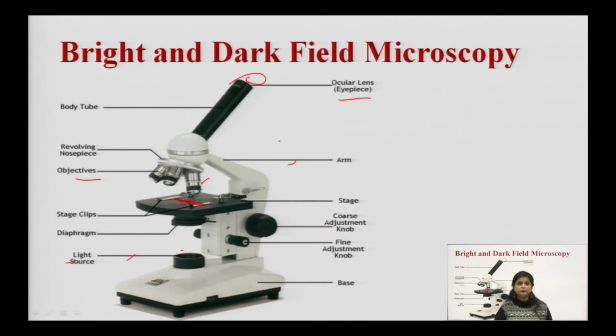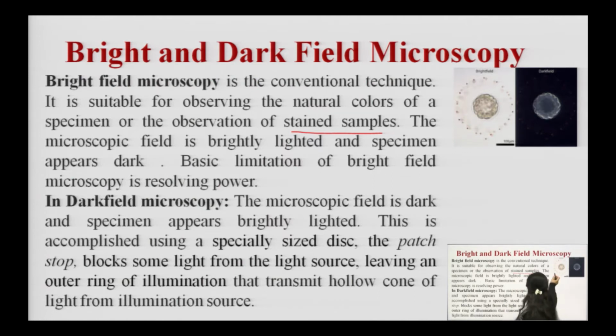So for bright field, as you can see in this image, this is a bright field image in which, if the structure is colored, then we can see the structure. If the structure is colorless, then the image will not be created within the slide, and we won't be able to differentiate the cells and the glass slide. So transparent images can't be seen through bright field microscopy. It has less resolving power.